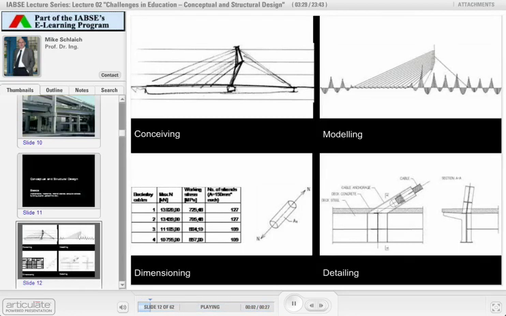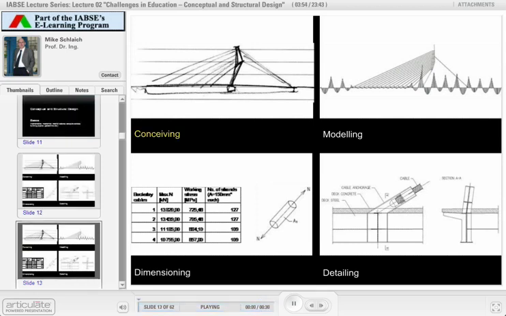So what is conceptual and structural design? Basically, it is what we do in reality. It is what we do every day when we work in the office, and what we do first. And surprisingly, that is not taught at many universities. What we do first is conceive a design, conceive a structure. That's the first step. It means a lot of sketches, a lot of thinking,